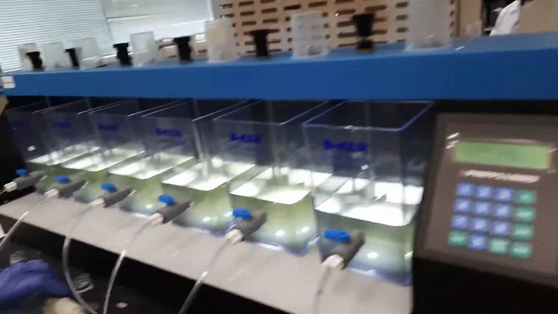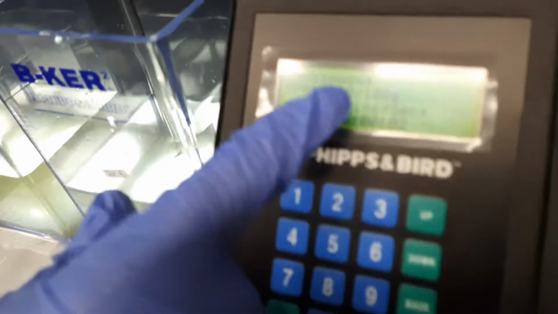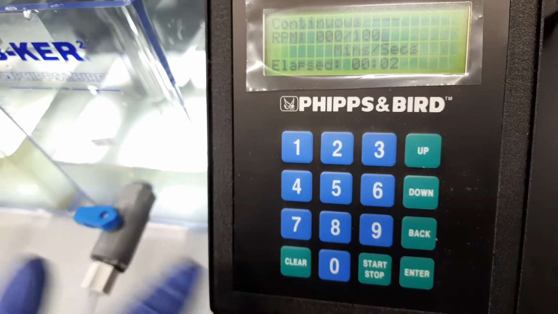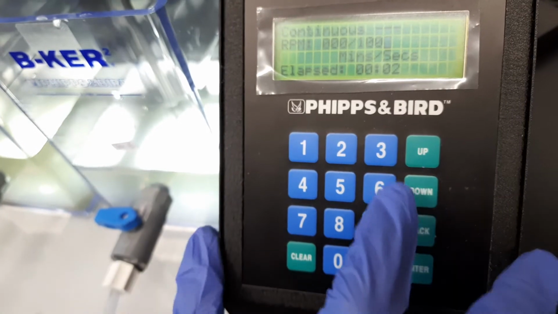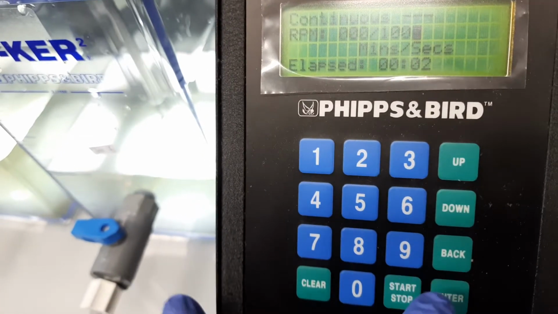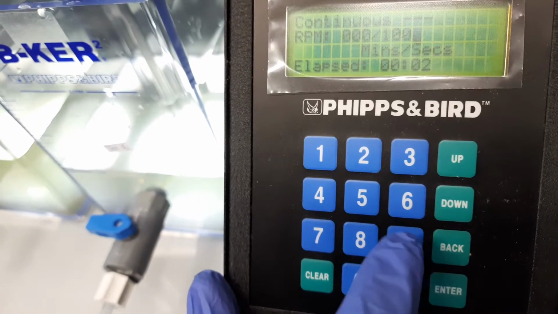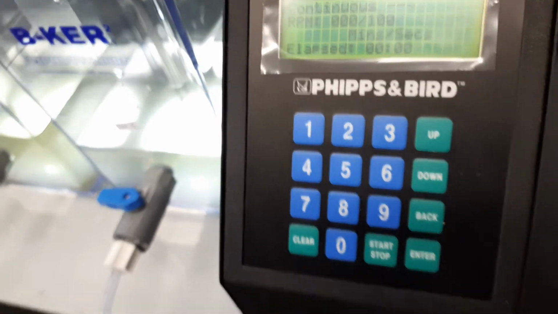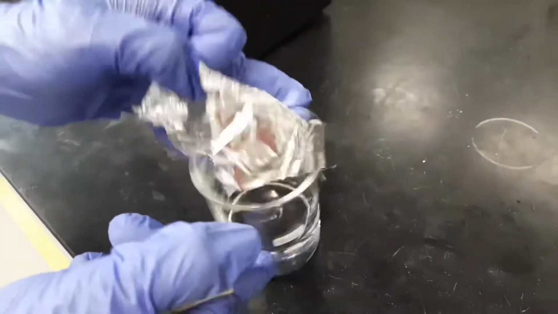Okay, so in the menu we already set the RPM as 100, and we will run it for 1 minute, and then we will stop it after the 1 minute, and then we'll start the slow mixing after the dosage of desired volume. Okay, so here we go, start. Now we will take this dosage.